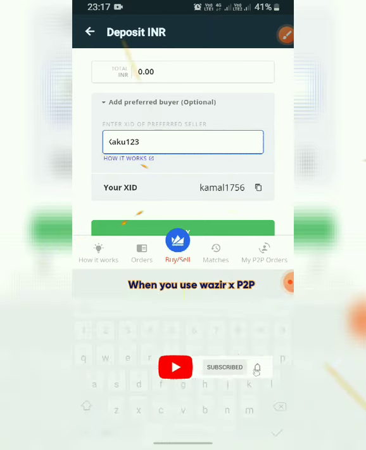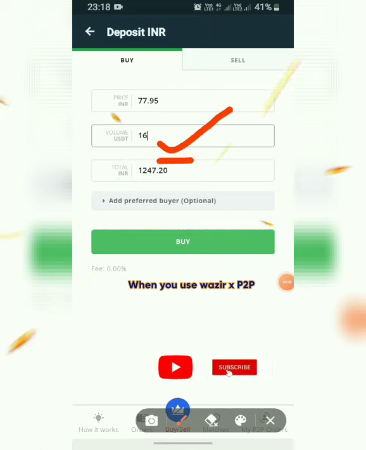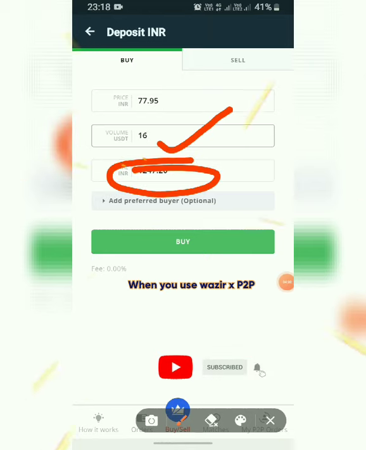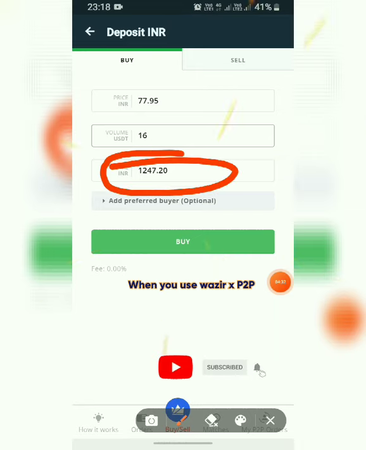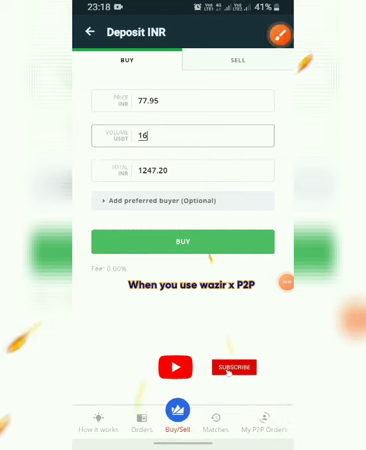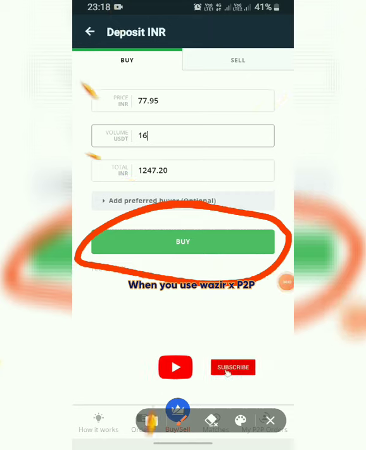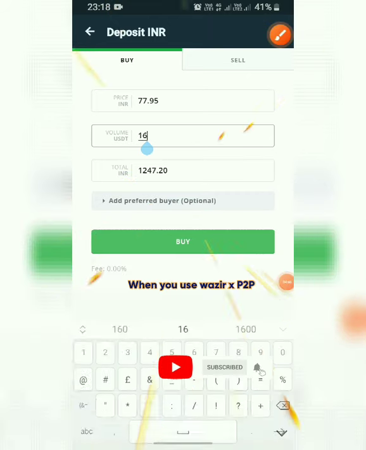One important point to remember: if you are depositing for the first time, you can use 16 USDT. You can't use more than 16 USDT or less than 16 USDT. It's an important rule in WazirX. Suppose I am a first user, then I use 16 USDT and click on the buy button.